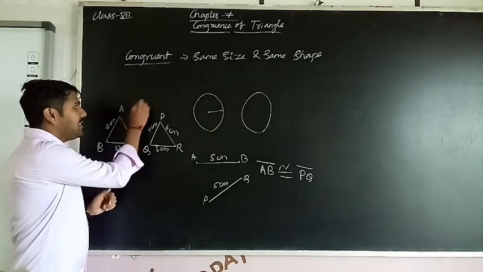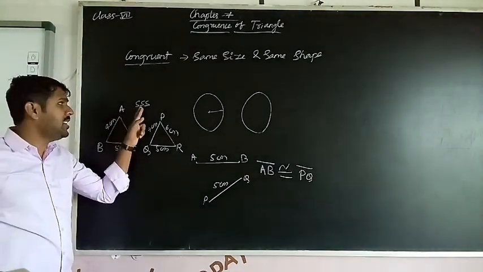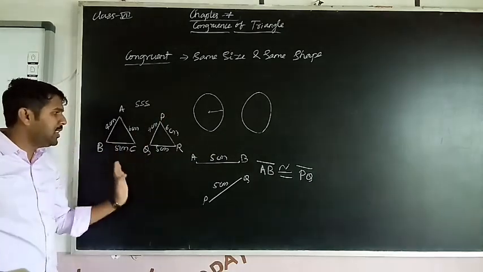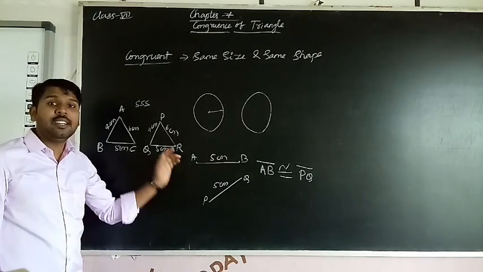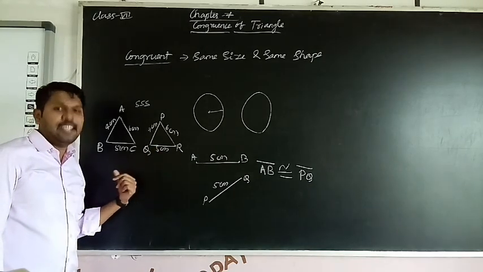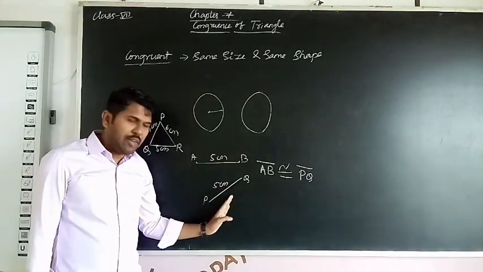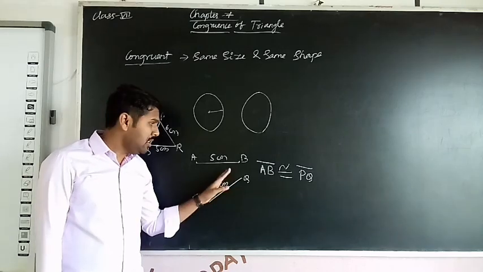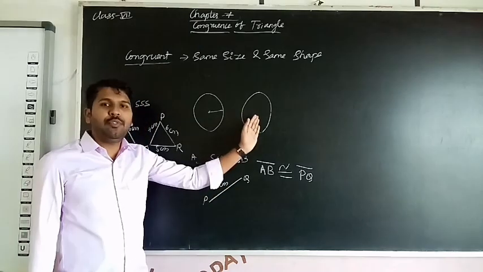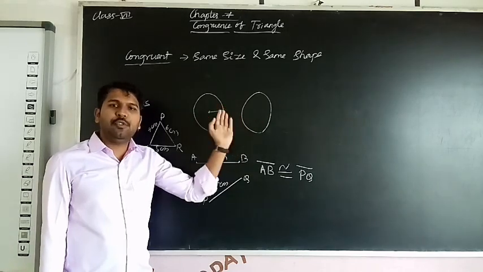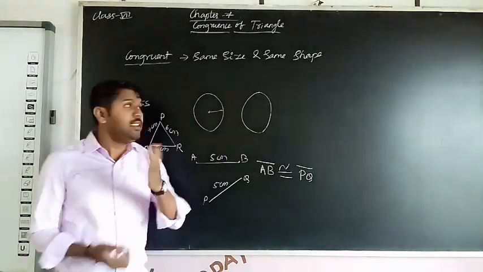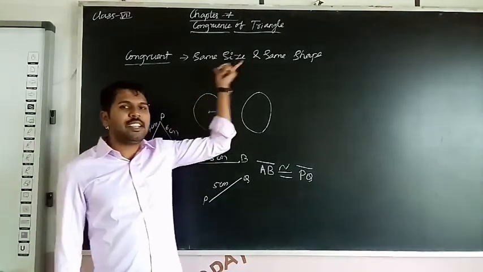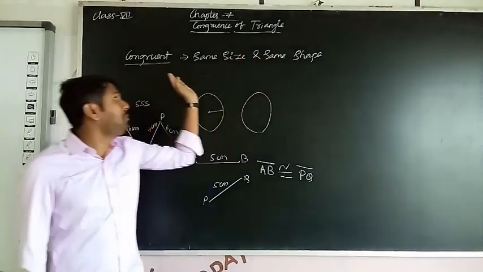That is side. Still three criteria are there, I'll explain later. So these two triangles are congruent. Why? Because they have same shape and size. Okay. If two line segments are same, that means these two are congruent. If any two figures are same, that means those two figures are congruent. Okay, understand? Congruent topic, that is, the figures must have same size and same shape. That's the concept of congruent.